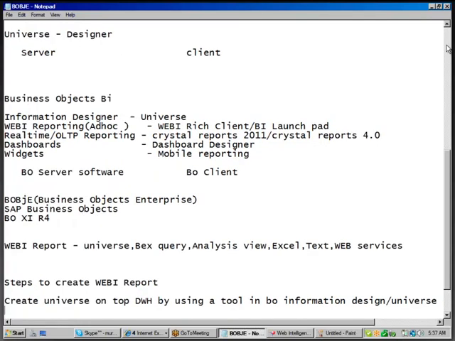Very next step, once you have created your universe, what do you do in it? Why do you need a universe? I told you the WebAI report is an ad hoc report. If the customer wants to drill down from year to quarter, quarter to month, month to week, week to day, you need to define hierarchies in all the reports. For example, you are creating 10 ad hoc reports for the customer, but in all reports they want to see only HR data. You need to put a filter where employee type equals HR.